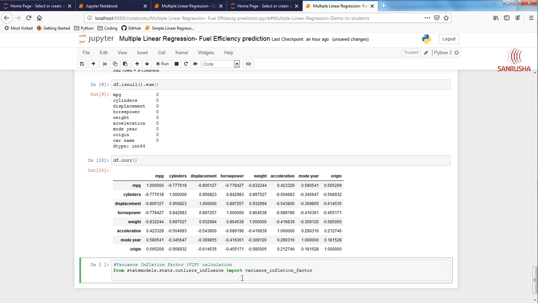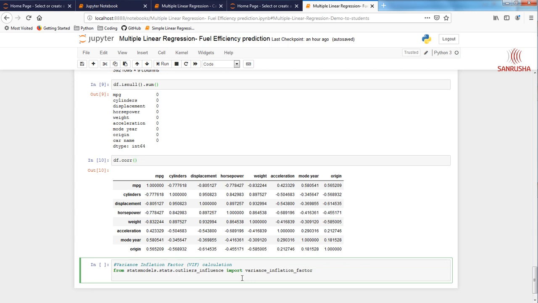So once you import the function, the next thing to consider is we are going to calculate variance inflation factor among independent variables. So the first thing is we don't need the dependent variable like MPG. And second, for calculating variance inflation factor, we first have to convert all the independent variables into numeric numbers.